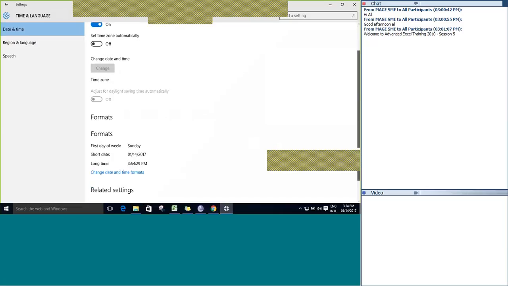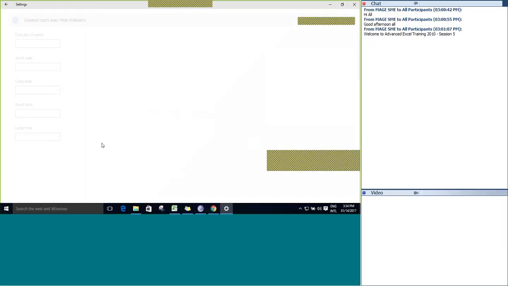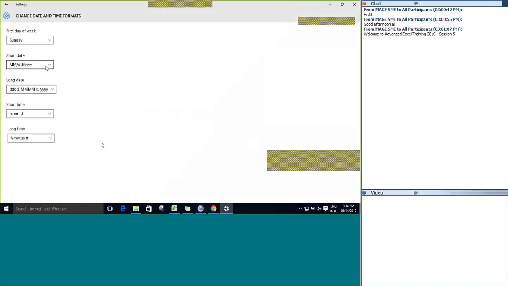Here you have to change the date and time format. Can you see now what the short date is? This is the date format which I am following in my system. If you want, you can change it based on your need.